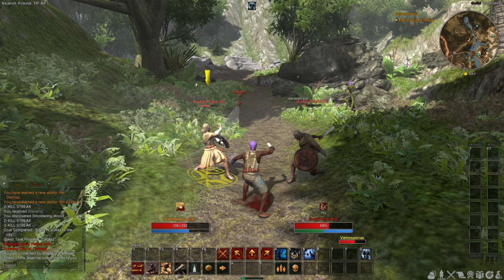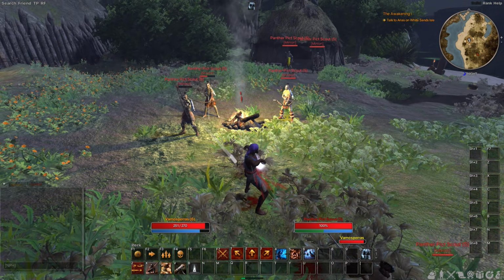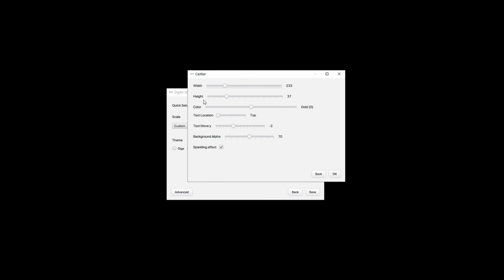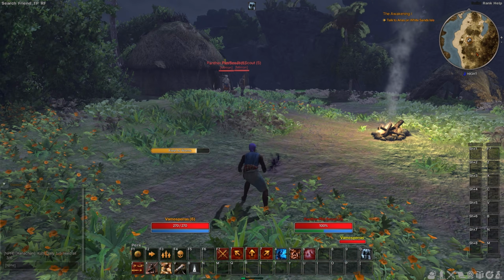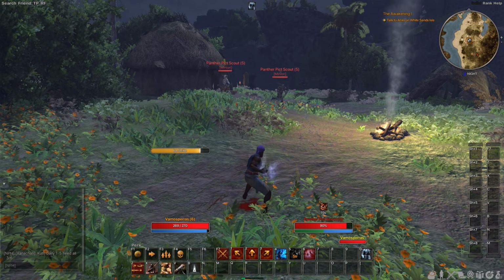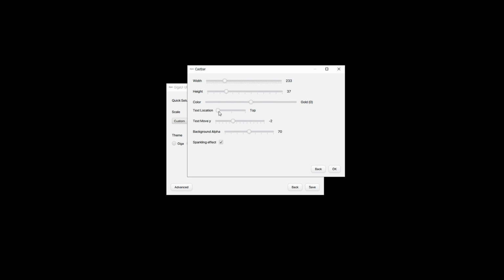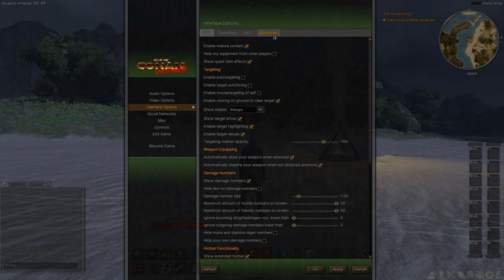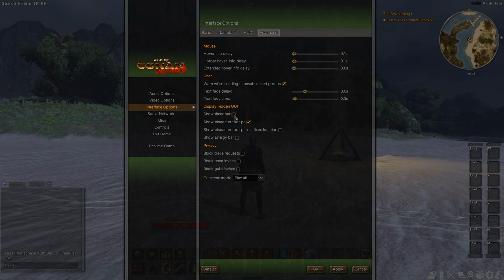Next is Castbar. If you want to change color, size, shape, and stuff of Castbars, go to the Castbar page. Here, you can make all the customizations you want. For example, if you want the text to be positioned inside the Castbar, set text location to inside. If you want to change the position of Castbars, go to Interface Options, Advanced In-Game, and check Show Timer Bar